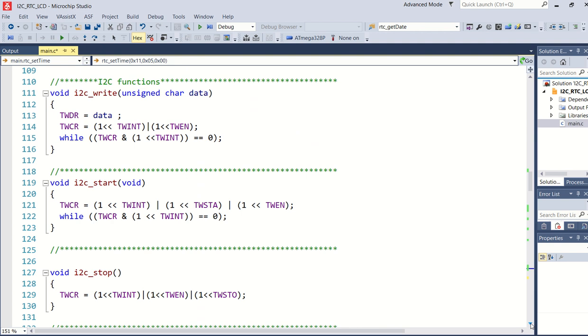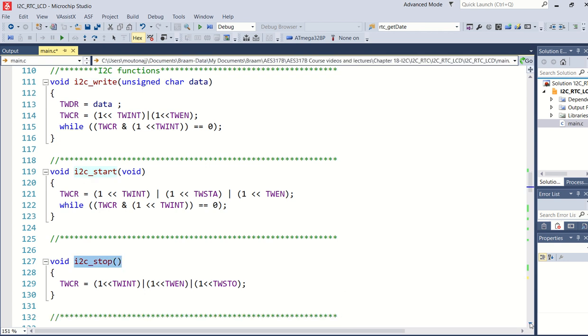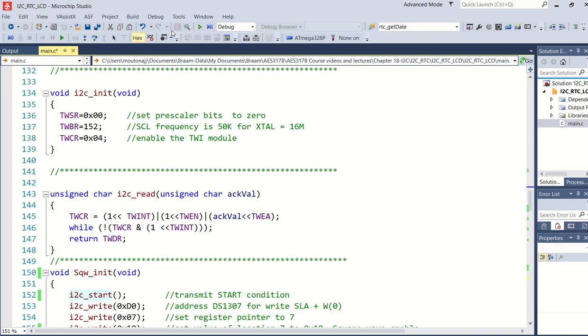I2C functions in some of my other videos, I've also explained I2C and also how to generate an I2C write, for instance, and an I2C start condition, I2C stop conditions. I've done all of that. The I2C initialize, how we do that, I2C read. So you can just go and look at some of my previous videos on I2C on YouTube.